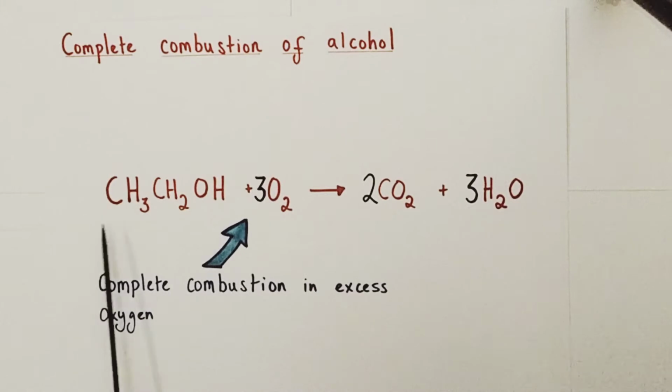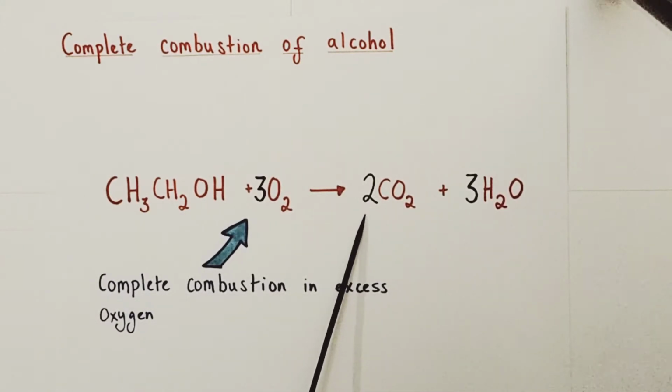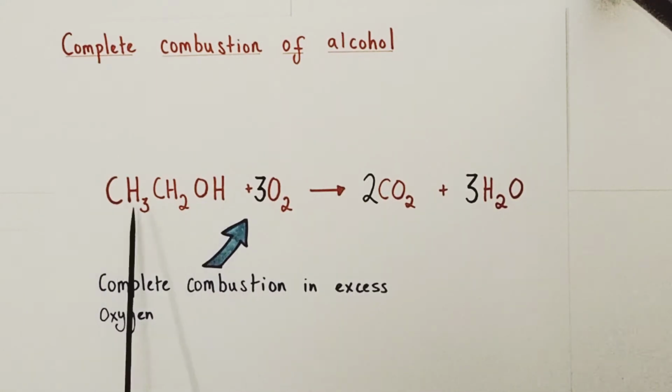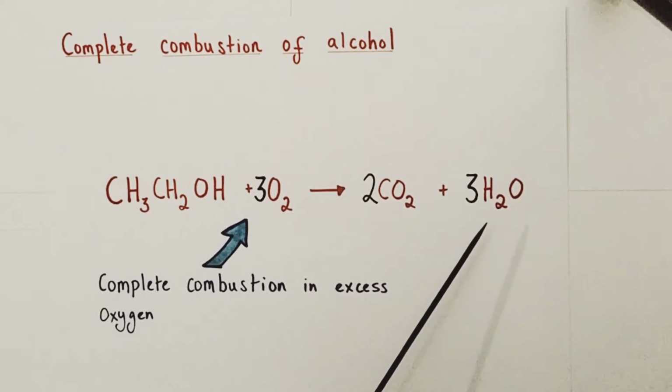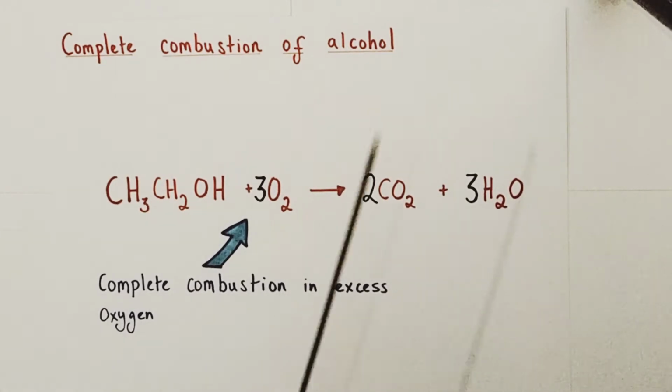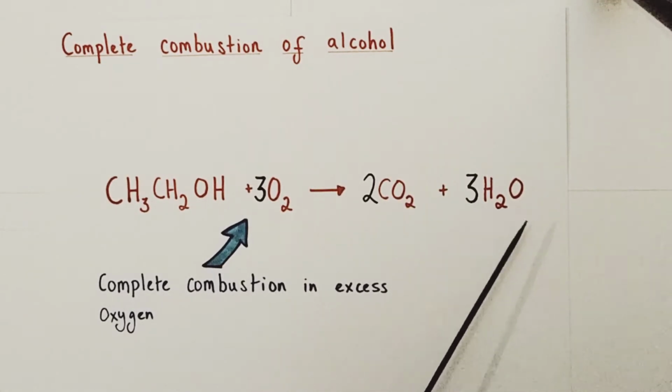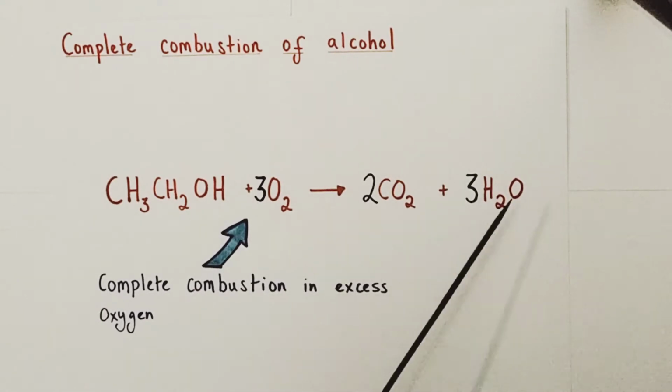I can see 2 carbons on the left-hand side of this equation, hence why I brought the large coefficient 2 in front to multiply the carbons in carbon dioxide up to be 2 as well. Let's now work out the hydrogen balancing. 3, 4, 5, 6 hydrogens on the left, so I need to have 6 hydrogens on the right. Now the water molecule, H2O, only brought 2 hydrogen atoms, so my coefficient 3 multiplies that water molecule by 3. 2 hydrogens times 3 is 6 hydrogens, therefore balancing the 6 hydrogens on the left-hand side, leaving me